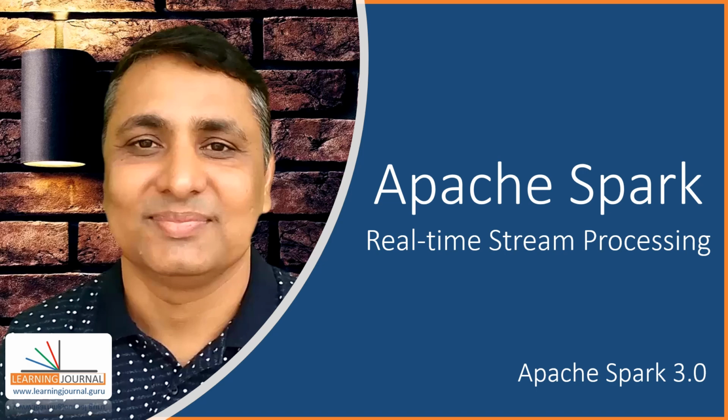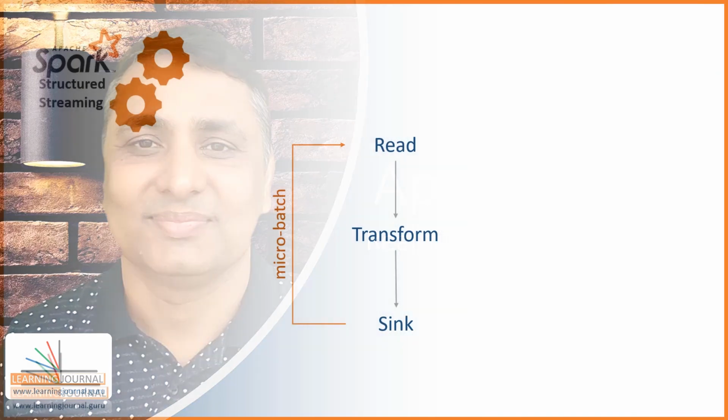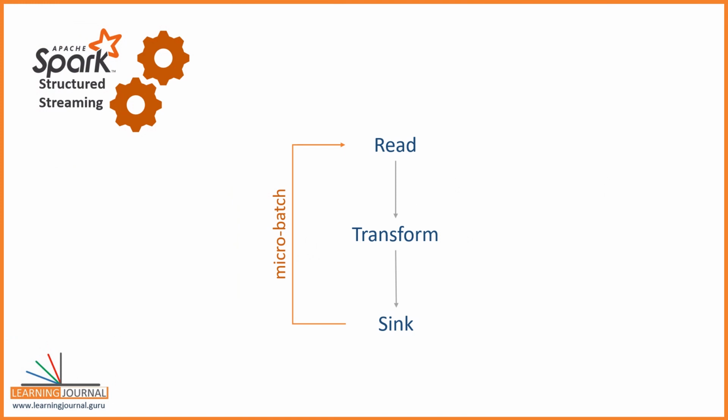Welcome back. We already created our first Spark streaming application and learned the basic model of stream processing in Apache Spark. Creating stream processing applications in Apache Spark is a 3-step process. And these 3 steps will automatically run in an infinite loop where each iteration is known as a micro batch. In this video, we will dig a little deeper into this loop and try to understand some more concepts.